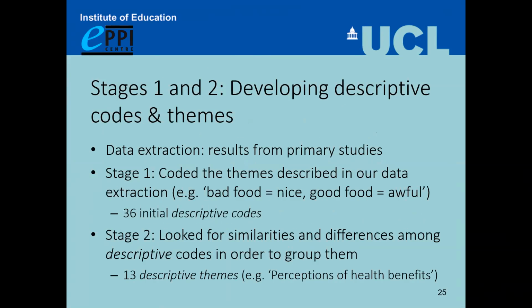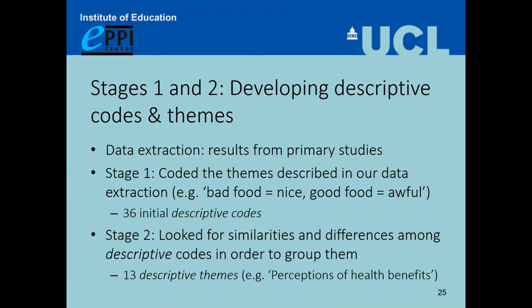So of these three stages of thematic synthesis, stages 1 and 2 are around developing descriptive codes and themes. We extracted the results of each of these primary qualitative studies, and in the first stage we did some line-by-line inductive coding, coding every single piece of text. We're looking both at text which is quotes from the children directly themselves that were involved in the studies, but also, when we're doing evidence synthesis level work, we are including